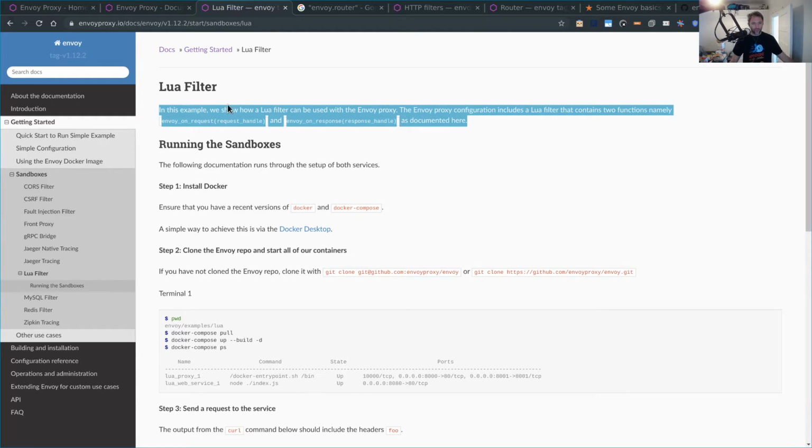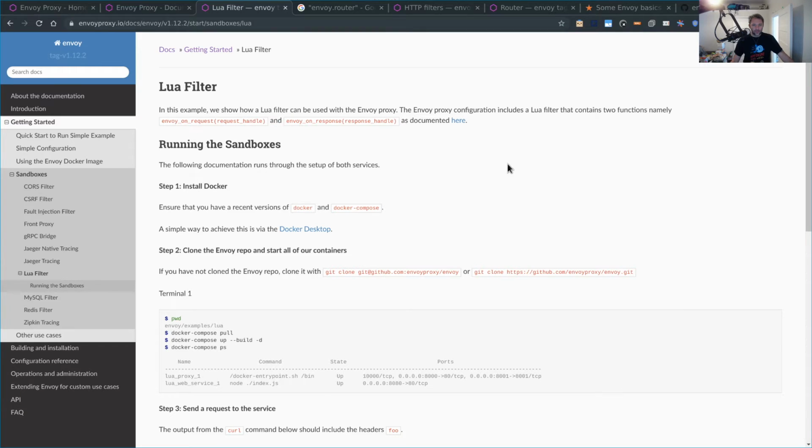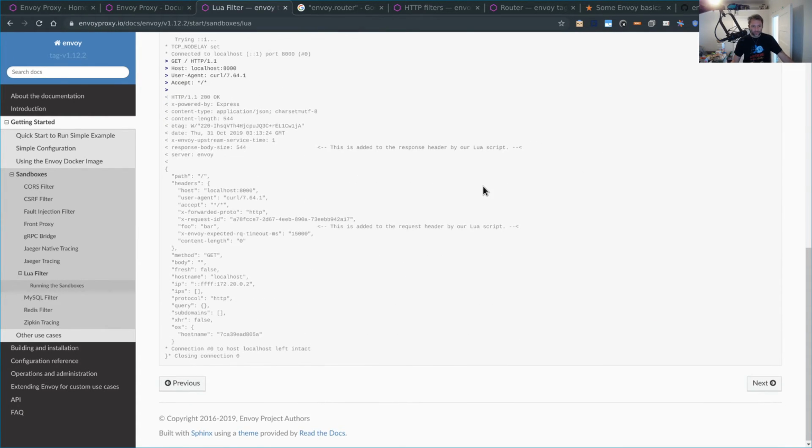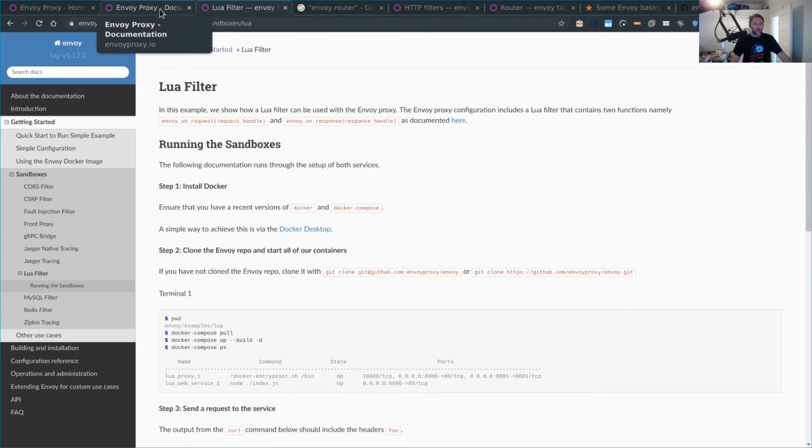I lost track of time. I lost track of what I was saying. We can use a Lua filter, two functions that do stuff. Ooh, that gets me excited. There's all sorts of neat stuff we could do here, but I'm not going to worry about that. Okay, so